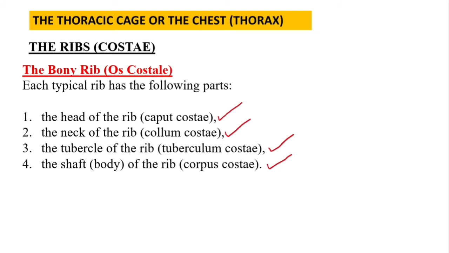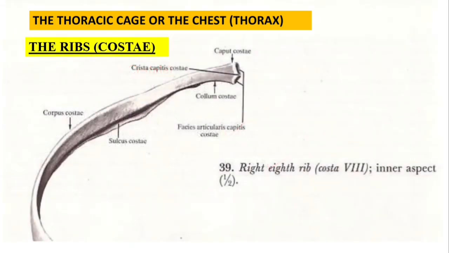The bony part of the rib, os costale, has four very important parts: the head of the rib, caput costae; the neck of the rib, collum costae; the tubercle of the rib, tuberculum costae; and the shaft or body of the rib, corpus costae. So this is the typical rib. I just picked the eighth rib. You can see the head here, caput costae, the neck, collum costae, and the body,